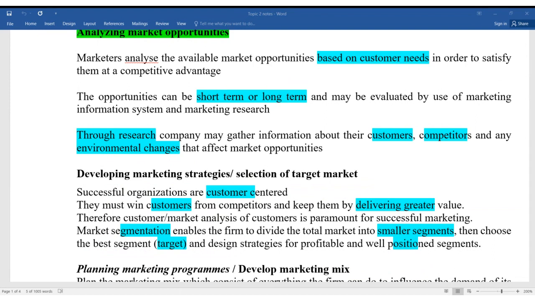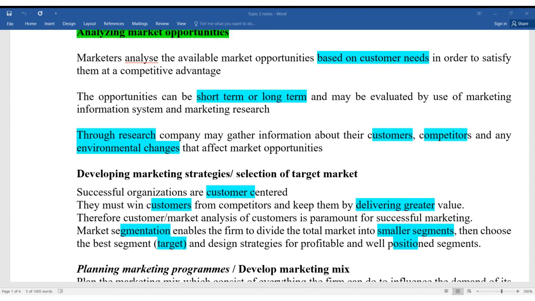That is, they should focus on helping the customer to achieve their objective. Thirdly, they should be able to deliver greater value to customers. They should be able to win customers from competitors and keep them. And of course,